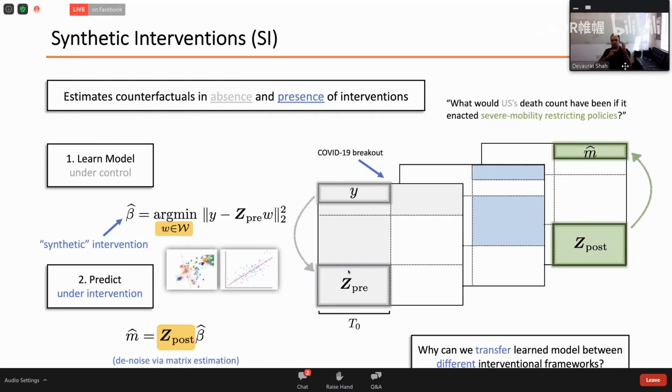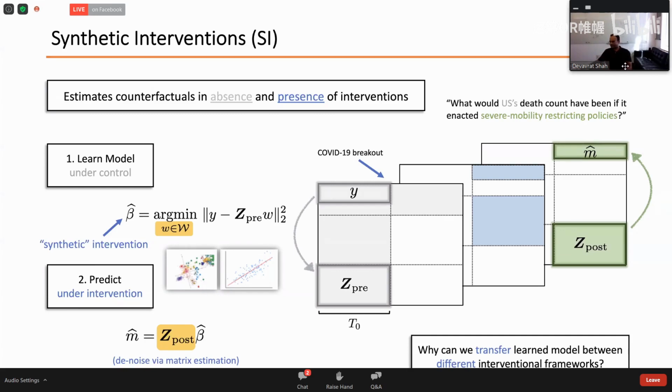That is when countries did not have any policies imposed. But then, to extrapolate, we use the same model when these countries were under an intervention, let's say green intervention. So in a sense, we transferred the model between countries pre-intervention to post-intervention, which are different. It's like, why should a relationship between health outcomes of United States and 3 countries in low mobility restriction hold true in the same manner between United States and those 3 countries under high mobility restriction?